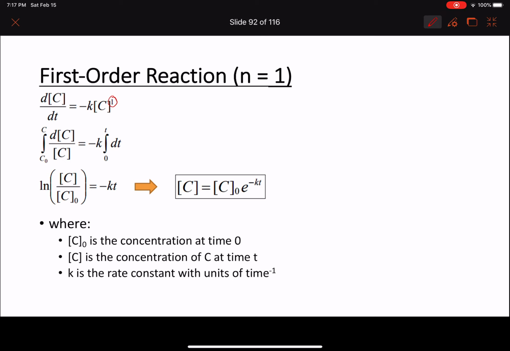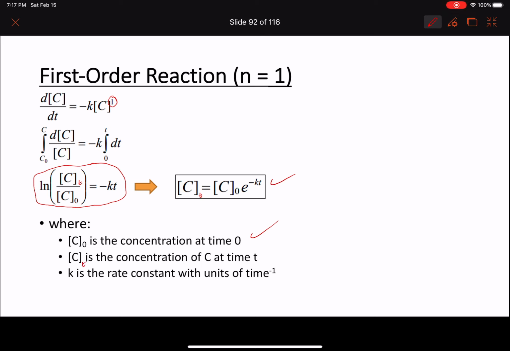You integrate, you'll do the same thing. It will be ln C over C naught minus KT. You could rearrange it, and it will give you the following equation. Of course, this is C at time T. C at any time T is equal to C naught e to the power minus KT. C naught is the initial concentration at time 0, and CT is the concentration of C at time T, and